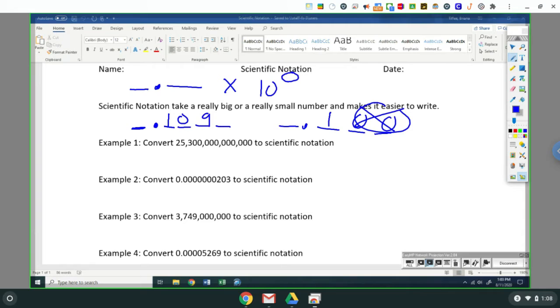So we're going to start off with this example. We have this large number. I'm going to take the significant digits because all the rest of them are zeros. The significant digits are 2, 5, 3. I only need one digit in front of the decimal, so it's going to be 2.53 times